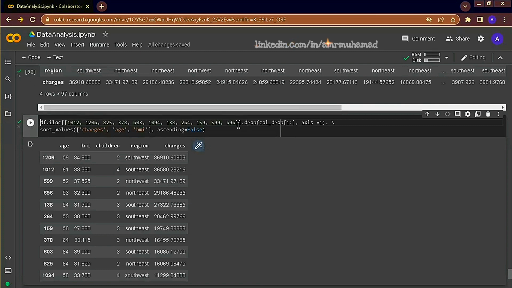And note here that we have selected some indexes to display. iloc stands for index location, and in order to display a data frame directly using indexes, we use double square brackets and we specify the indexes that we want to look at. And here drop column is also to minimize the number of columns that we have to look at. And lastly, we sort by different values. Note that we can actually sort by different columns, not only one column. So we first sort by charges, then age and BMI. Sorting happens sequentially. It first sorts by charges, then sorts by age and BMI.